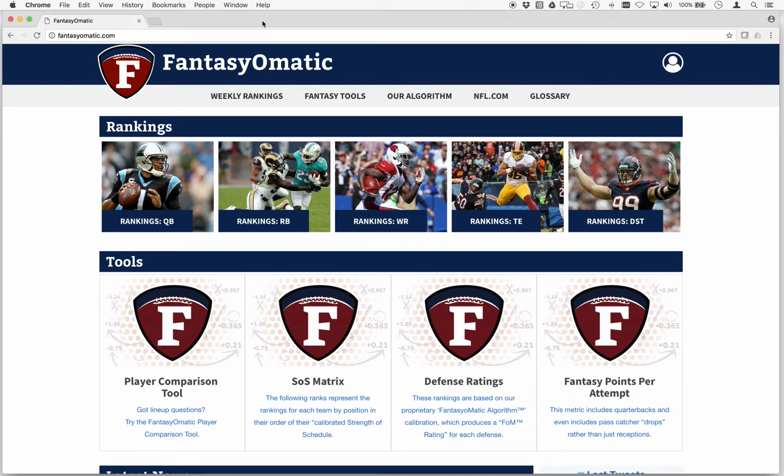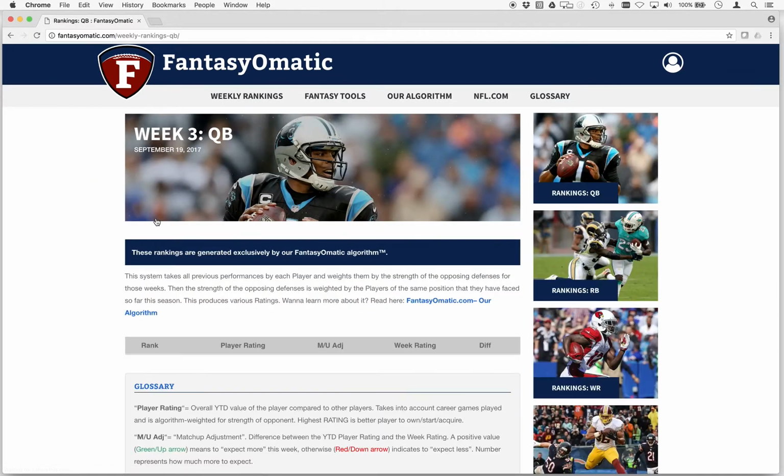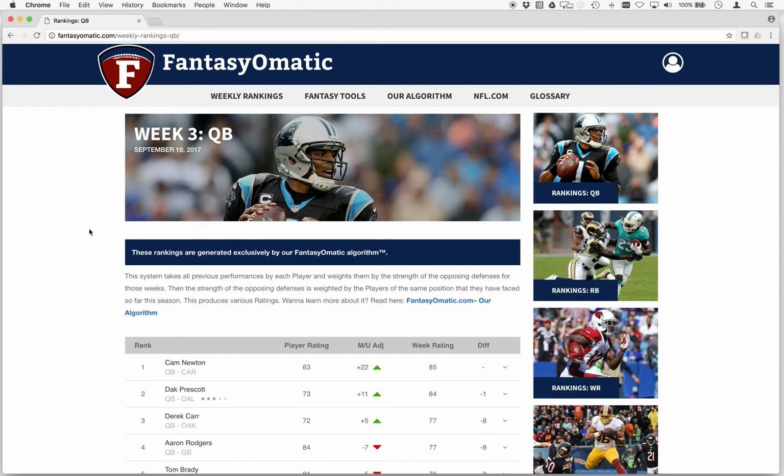Here at FantasyoMatic, we provide free weekly rankings. These rankings are for the position categories of quarterbacks, running backs, wide receivers, tight ends, and defense and special teams. And we update these every Tuesday around noon Pacific, but you'll want to make sure that you check the week that's indicated on the top of each rankings page and the timestamp to make sure that you're looking at the